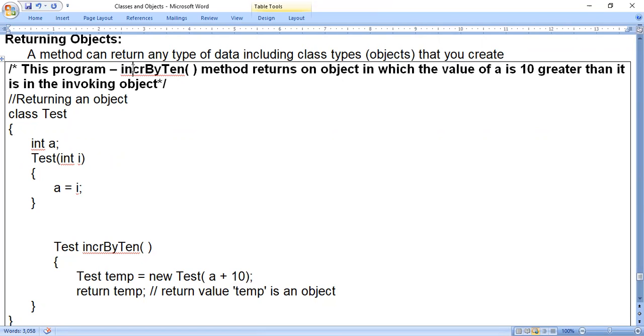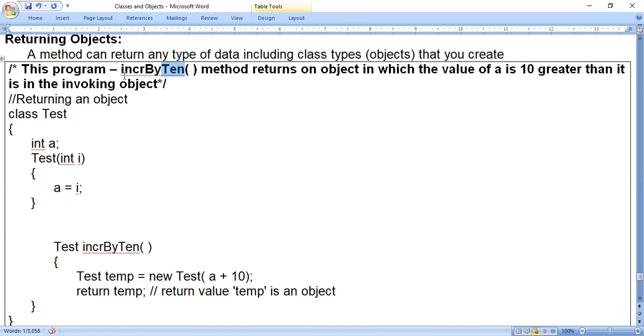From the second word, every first letter you have to write in capital letter. By is the second word, first letter is capital. Ten, the third word, first letter is capital. That is the convention. It is not a rule, it is a convention, just to differentiate between class names, object names, and method names.